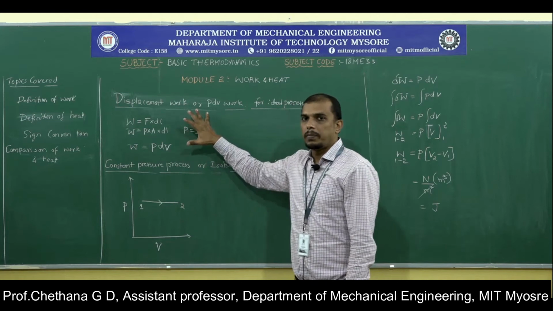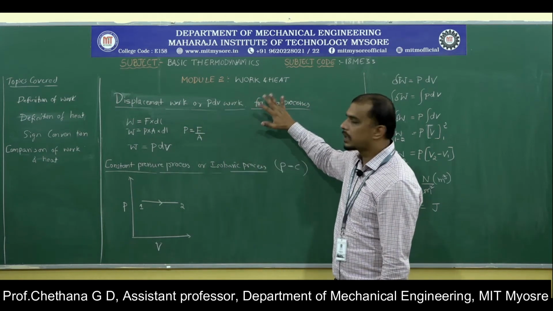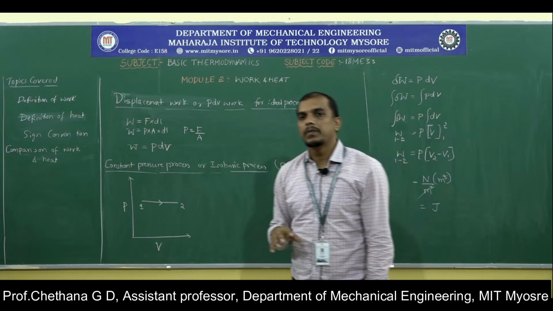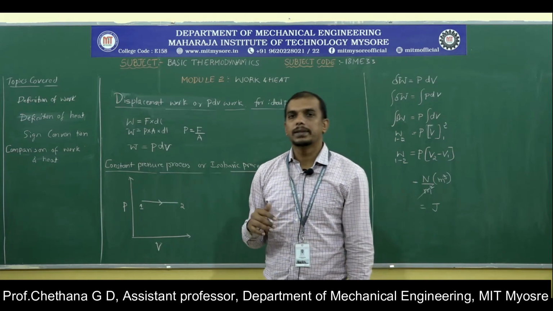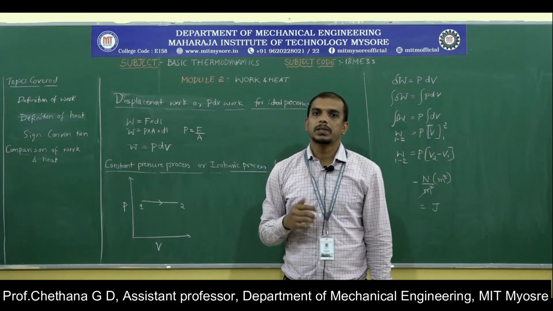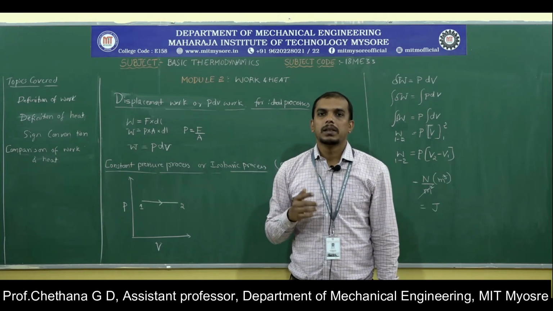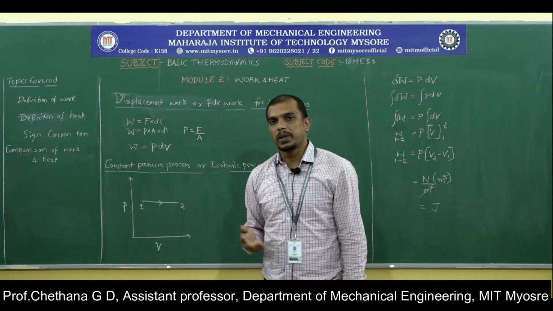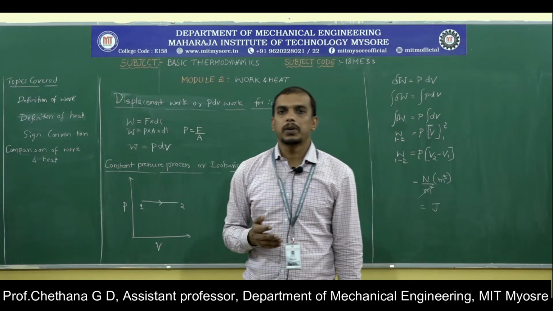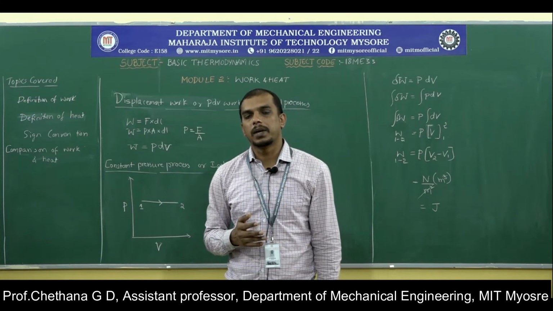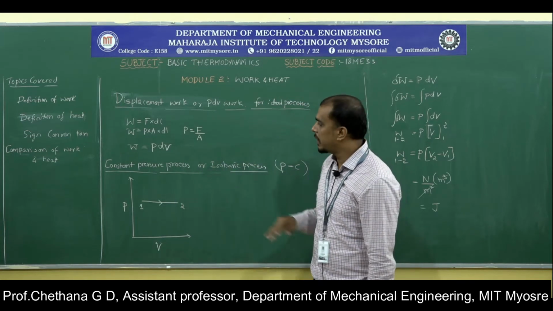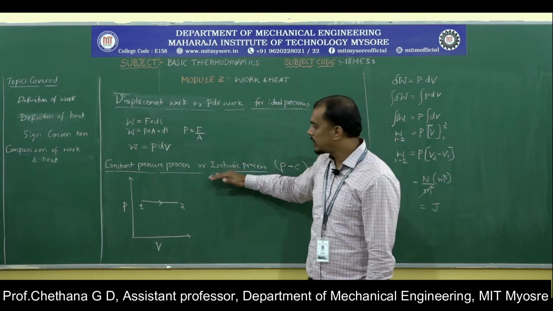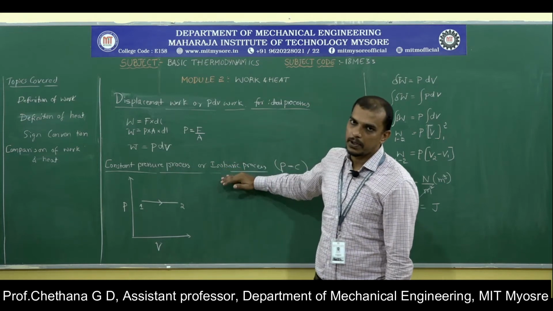Now PdV work or displacement work, we will do it for 5 ideal processes. Ideal processes are constant pressure process, constant volume process, then we have constant temperature process, polytropic process, and then reversible adiabatic process. Now first what we will discuss is constant pressure process, or it is also called as isobaric process,